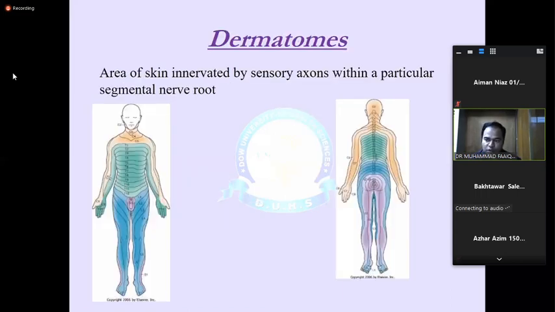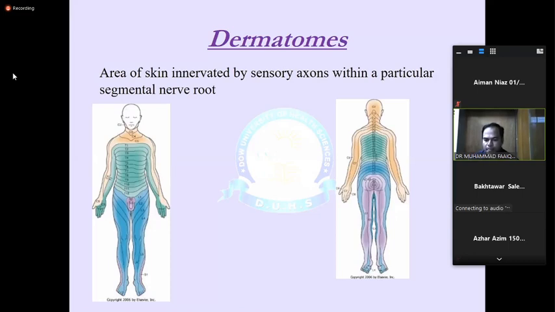So there are a few important definitions. One is dermatome, one is myotome. Dermatome is the area of skin innervated by sensory axons within a particular segment of a nerve root. The area of the skin over the neck is usually supplied by C2, C3 and C4, and from C5 to T1, that are C5, C6, 7, 8, T1, these nerves supply the arm, and from T2 to T12 supply the torso, that is chest and abdominal